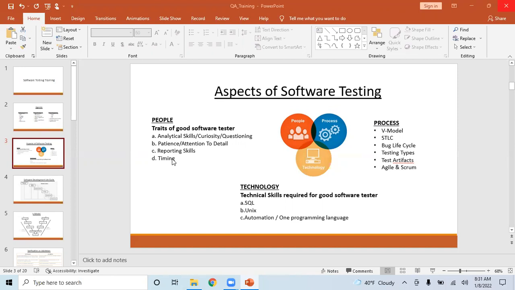But I will give you some techniques, like how to practice getting analytical skills, and how, when you are attending calls or meetings, you have to show that you're interested, or ask questions in the meeting. That's very, very important. So I will give you some tips and tricks on the people aspect, but we will not cover it as a topic. Today and tomorrow, we will mostly focus on process.